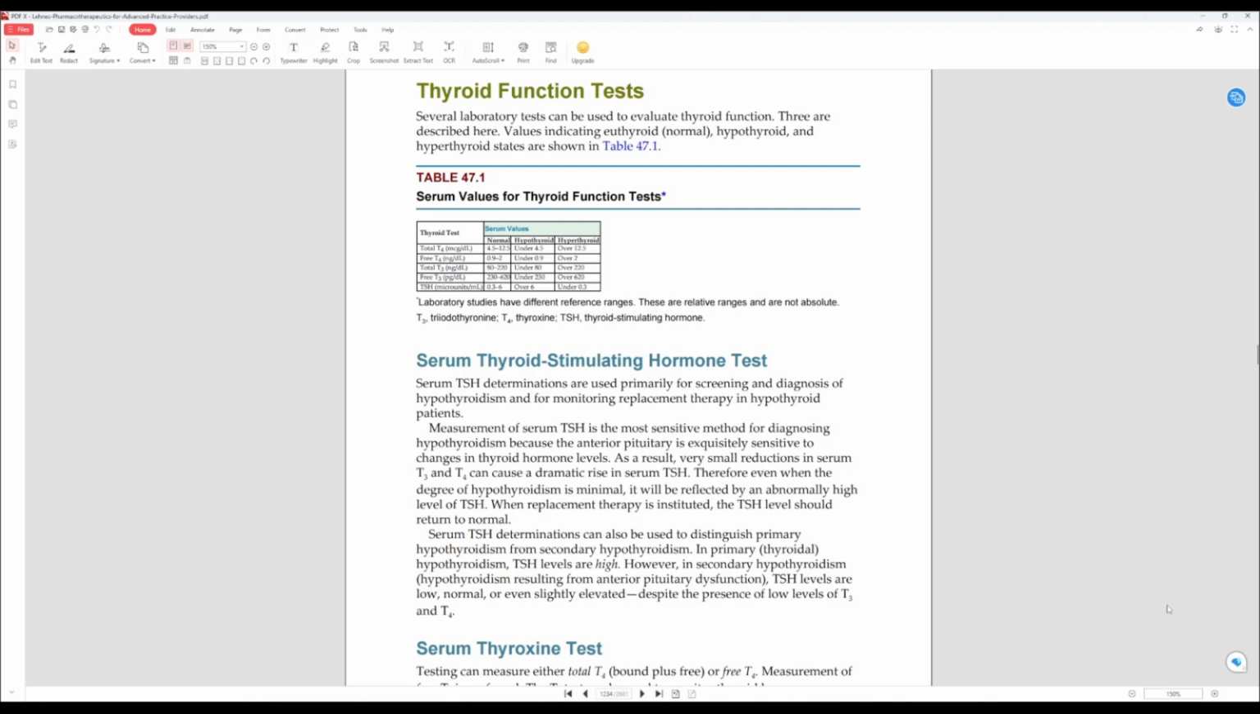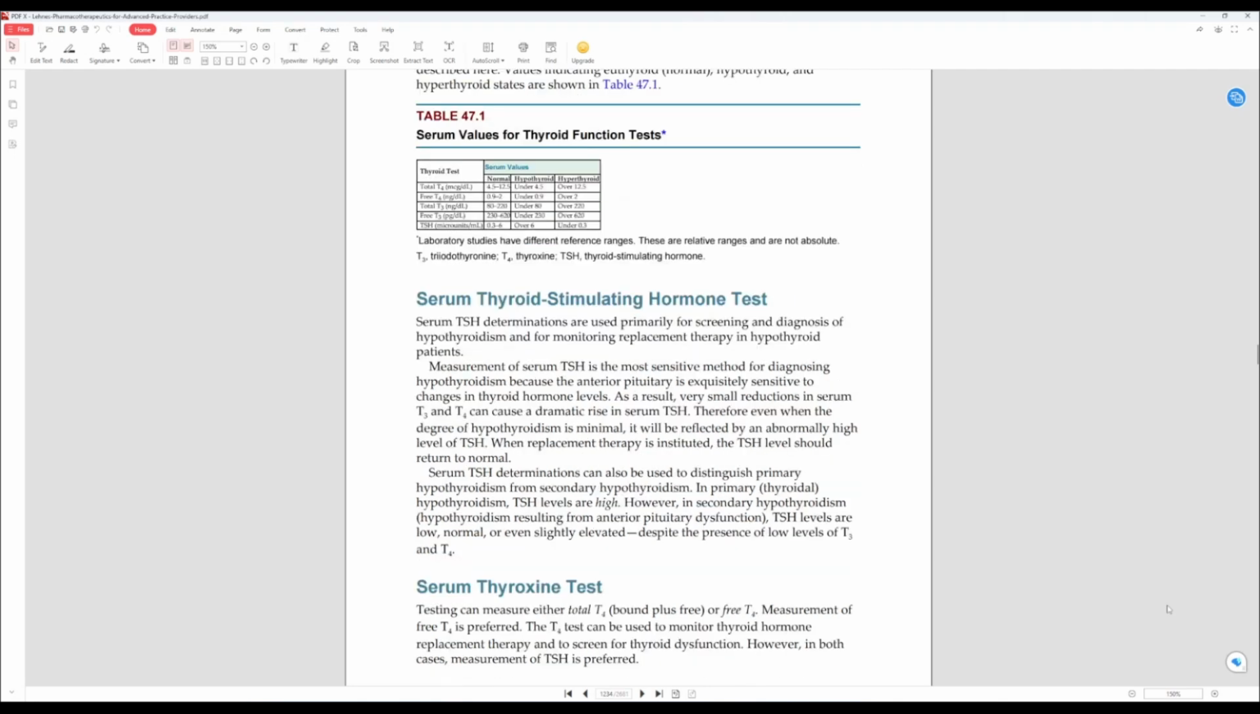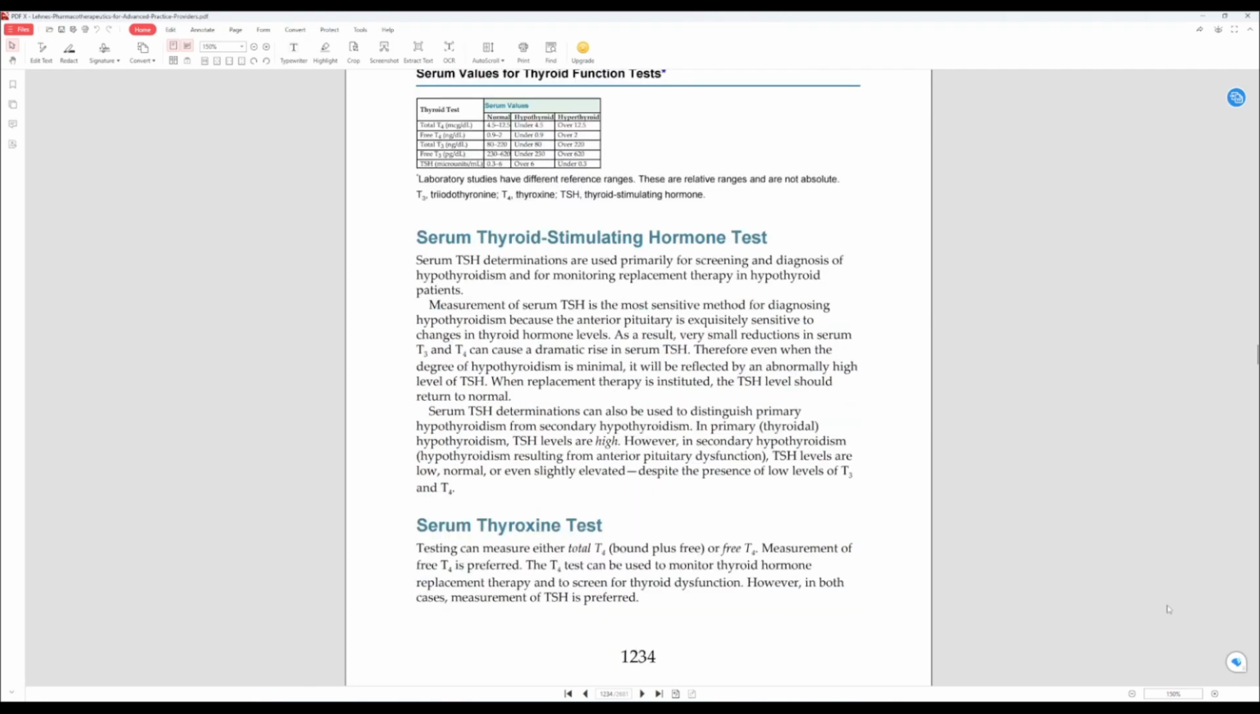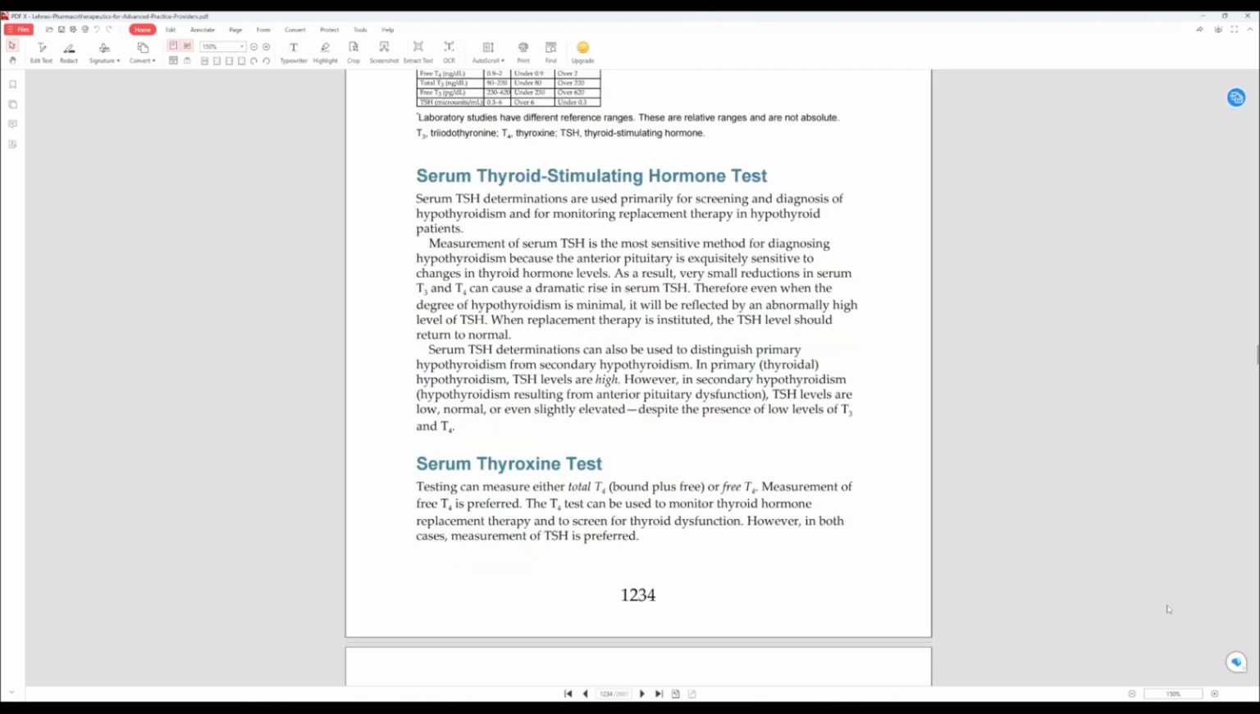Several lab tests can be used to evaluate your thyroid function. Three are described here. The values indicating euthyroid or normal, hypothyroidism or low, and hyperthyroid states. Again, a good spot to hit pause to familiarize yourself with what our lab values should be. So, serum thyroid stimulating hormone test. Your serum TSH